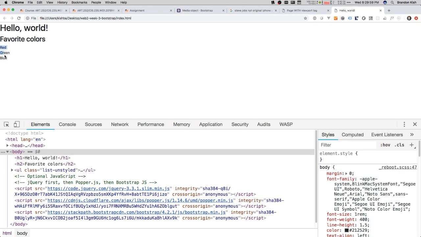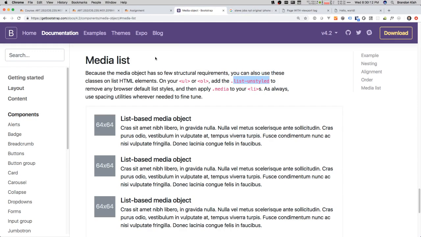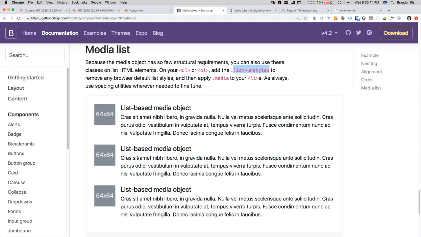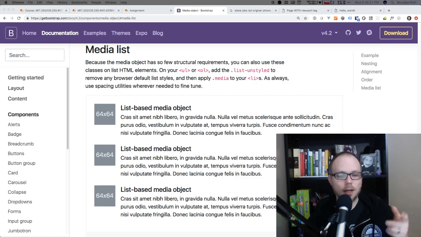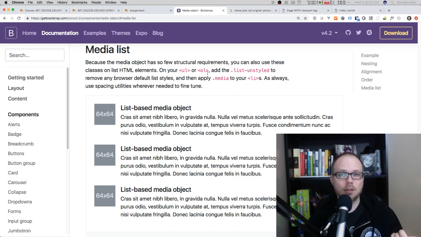That applies all the CSS you need to get rid of the bullet points and get rid of the indentation, which is extremely handy. They use unordered lists like this inside of nav bars and inside of, I think we were on this media object page. So like this is a list of thumbnails and descriptions and headings. In order to add that to your page,